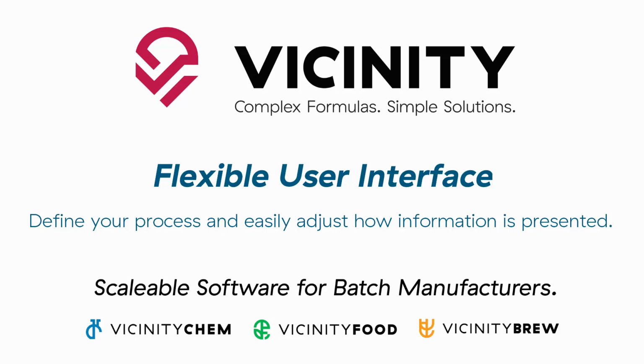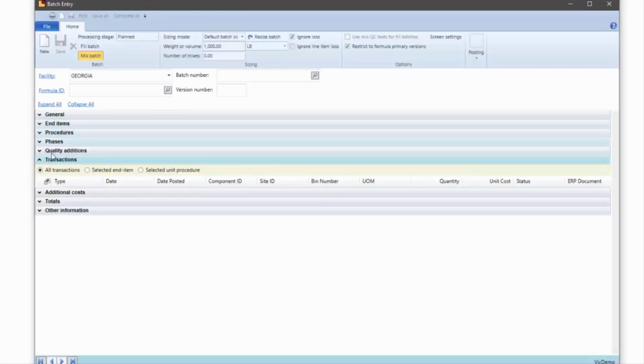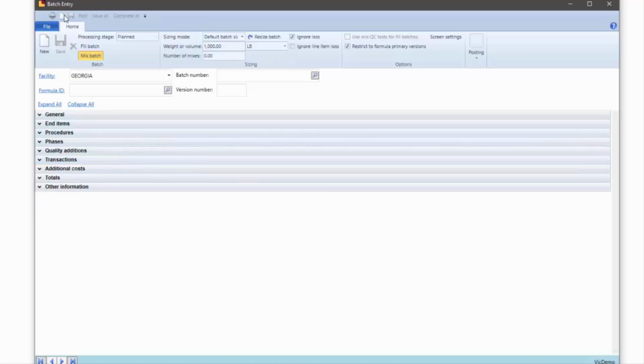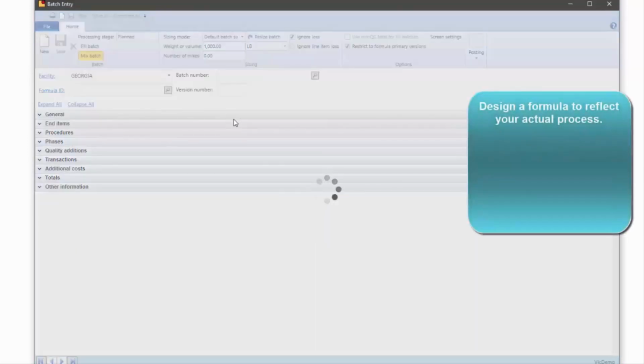Hello. I wanted to take a minute to talk about some of the flexibility of the user interface in Vicinity 4.0. Specifically, I'm going to look at this flexibility through the eyes of batch entry. I'm going to go ahead and pull up a batch ticket and first talk a little bit about the formula